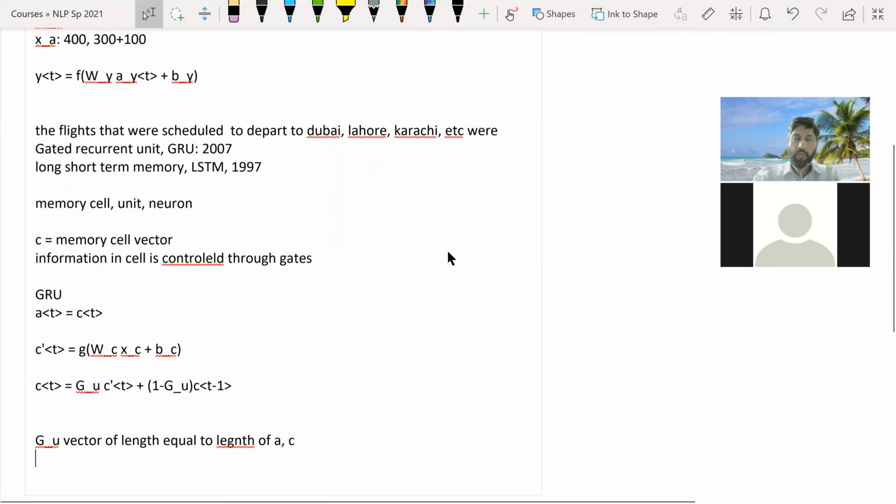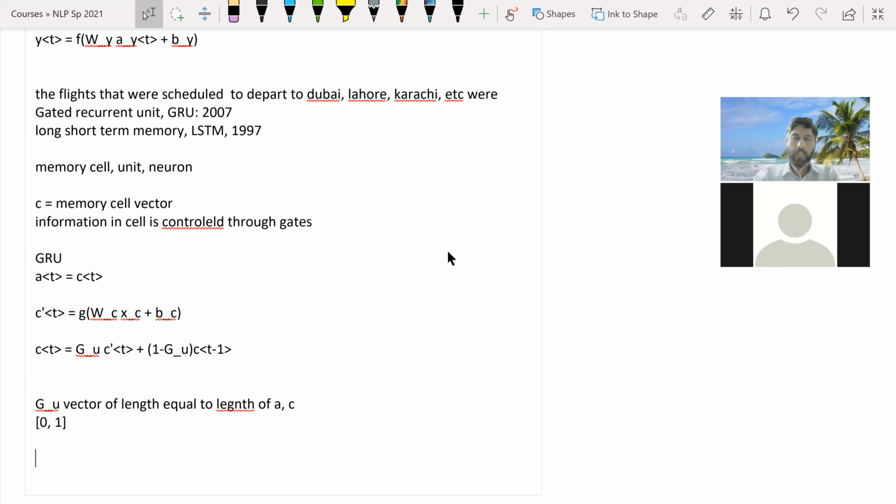And all its values are within 0 and 1. Within the interval 0 and 1. And I'll mention shortly how we get that 0 and 1. But most of the time the value would be either closer to 0 or closer to 1. So let's say